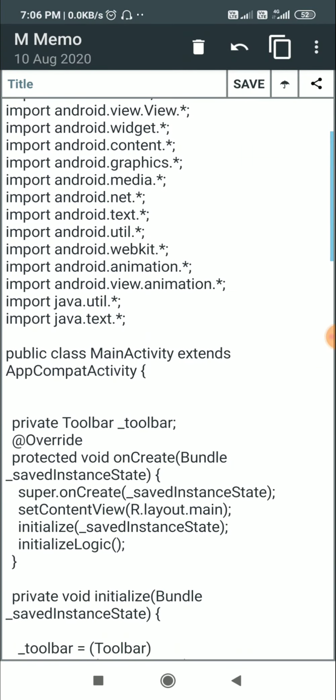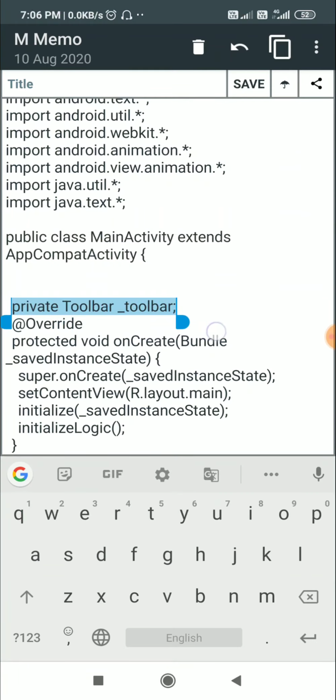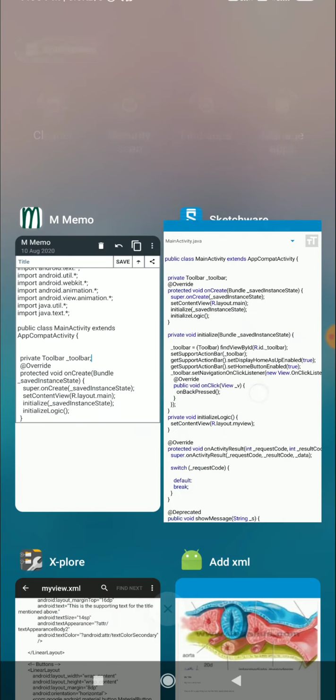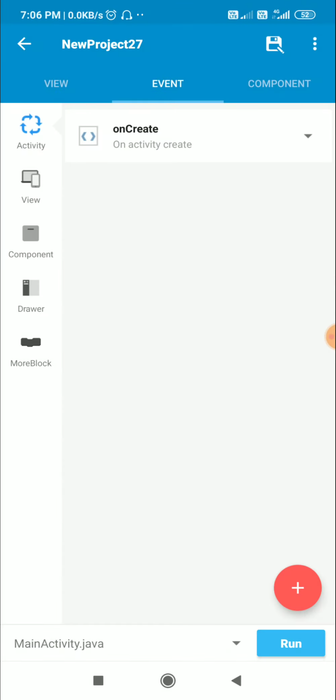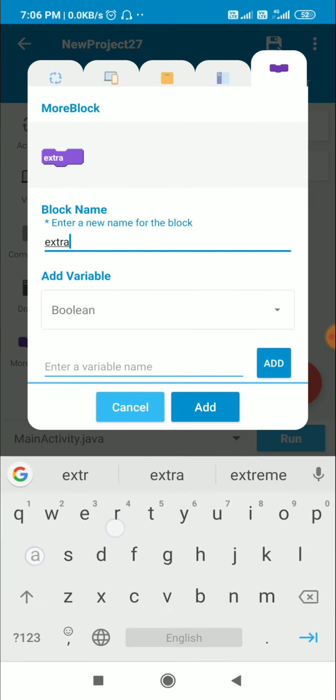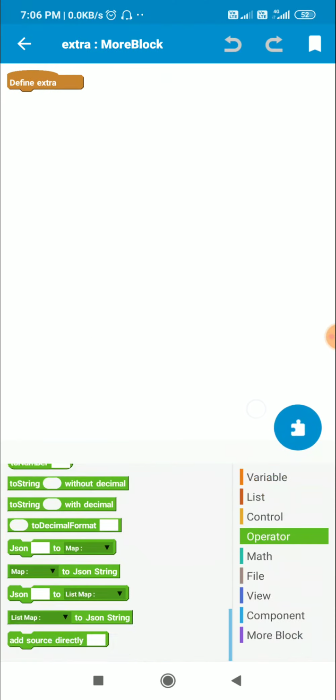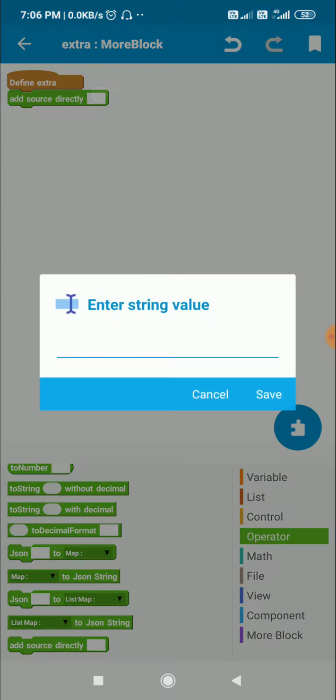Now this contains this private Toolbar _toolbar, so I'll just specify it in my project. Here I will create a more block, and inside this I will add these two symbols.